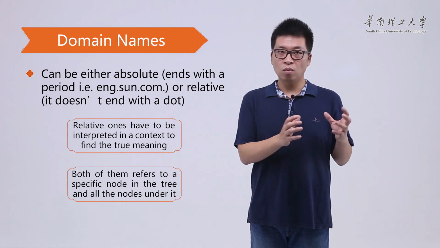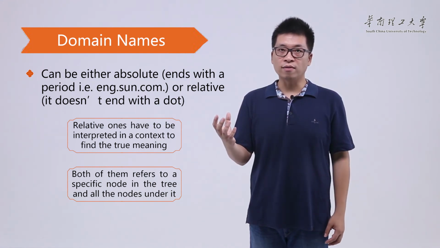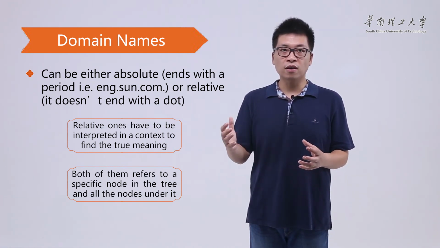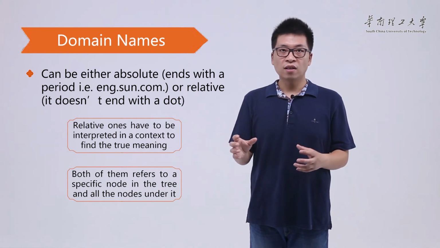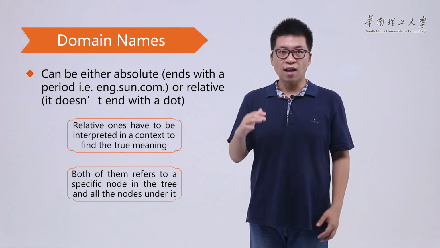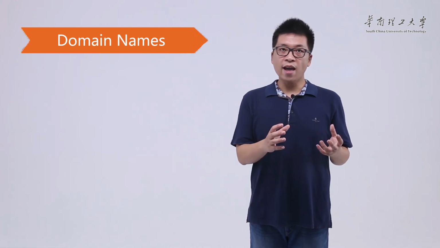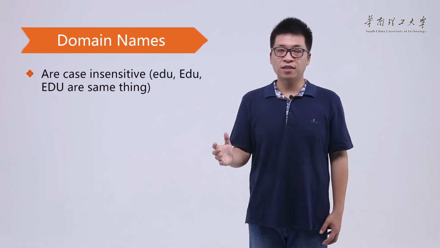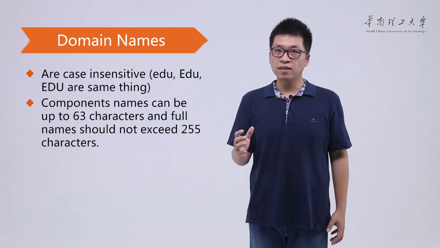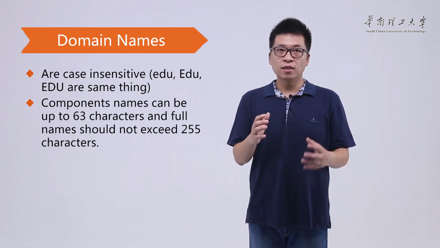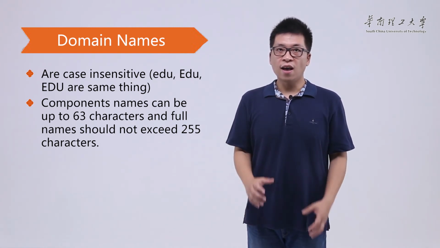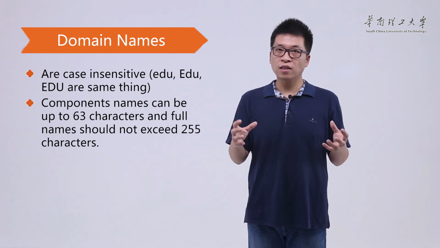Both of them, relative or absolute ones, refer to a specific node in the tree and all the nodes under it. Domain names are case insensitive, and the component names can be up to 63 characters, and full names should not exceed